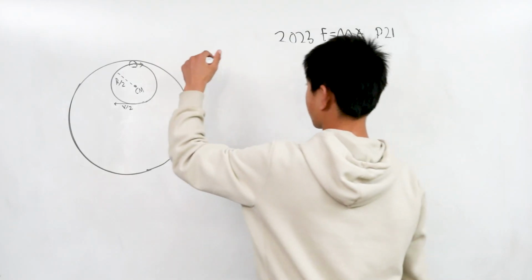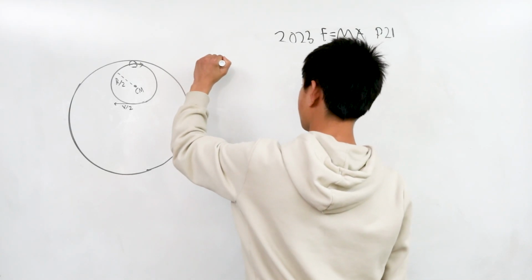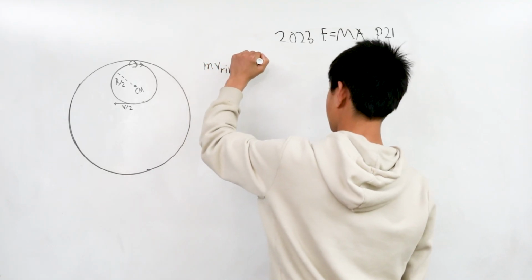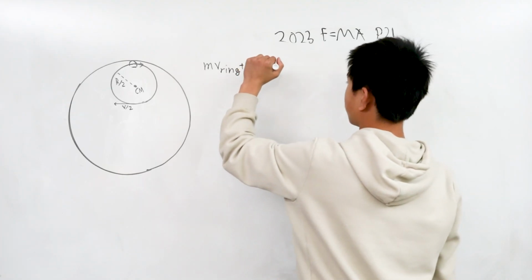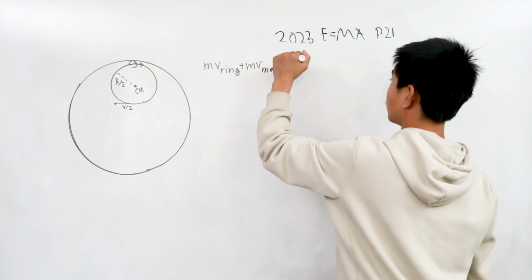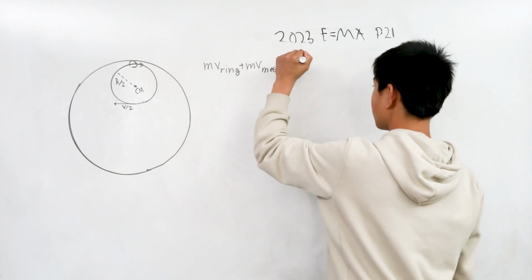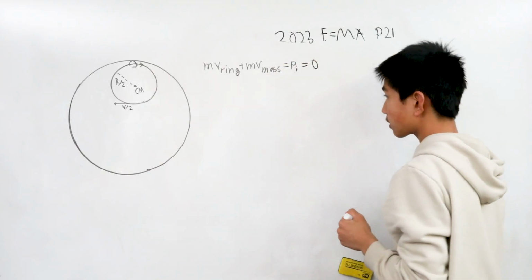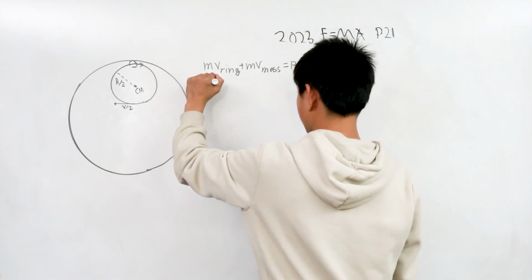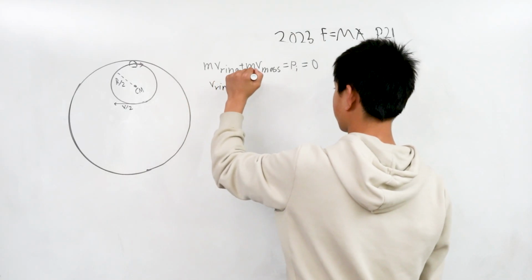So we can say that m times the velocity of the ring plus m times the velocity of the mass is equal to our momentum initially, which is 0. So therefore, after you cancel out the m's, you get that the velocity of the ring is equal to negative